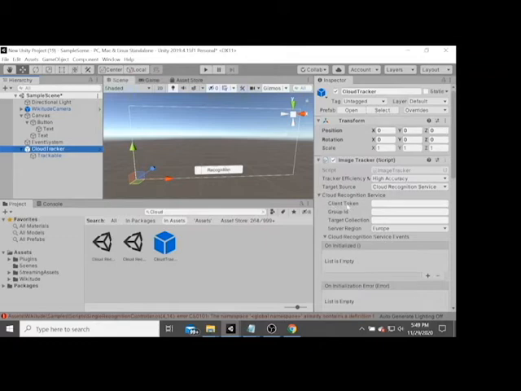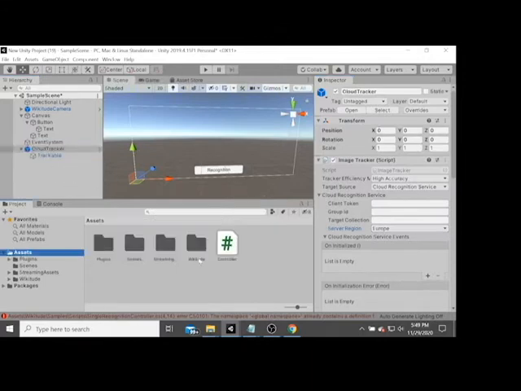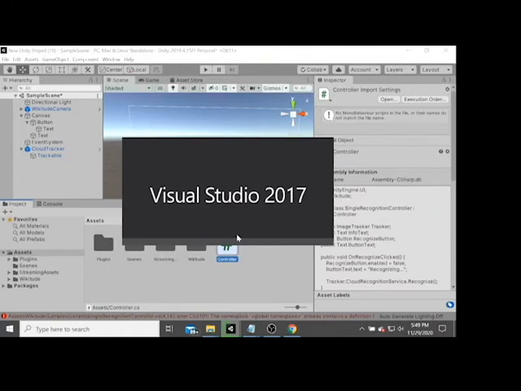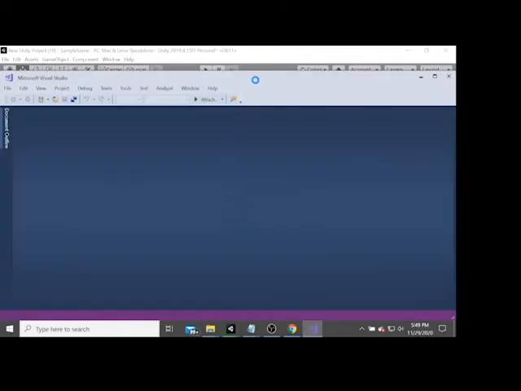If you look at the cloud tracker, you can see the inspector here. It requires the client token, group ID, target collection, and then server region. So you can choose Europe or America or custom. Let me maintain Europe here. And then you also need to use the controller here. You can download it from the Google Drive here. If you open this controller, you can see some instruction.